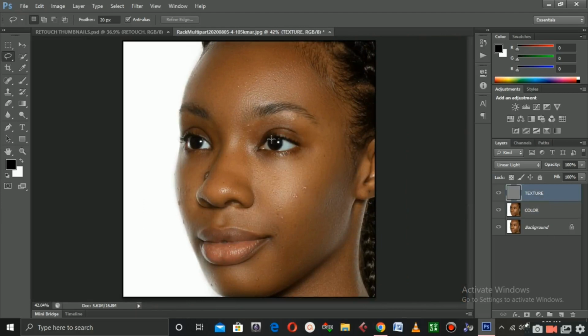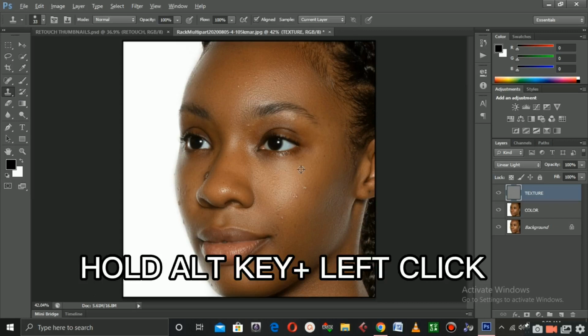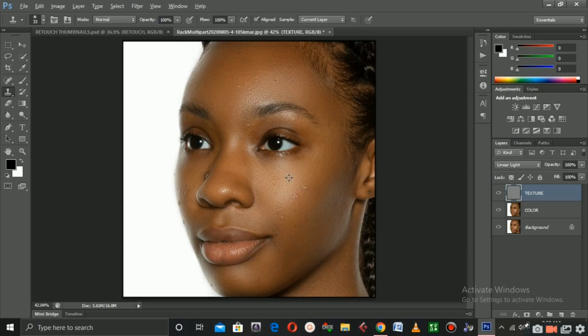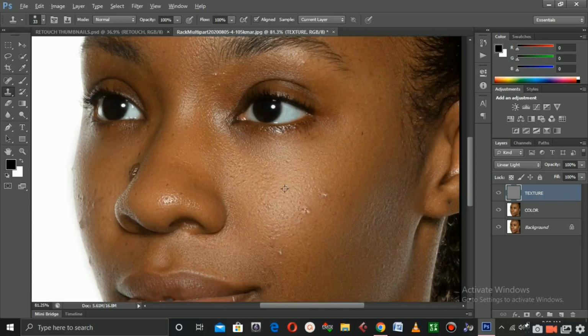We want to remove the pimples, all these rashes on her face. So go ahead and click on this tool, clone tool, the clone stamp tool. Choose that, hold the Alt key and click, not right click, just click on the part you want to select. You can see this part is clean enough, so hold the Alt key and select this part. Just click on it and come to this place, click,